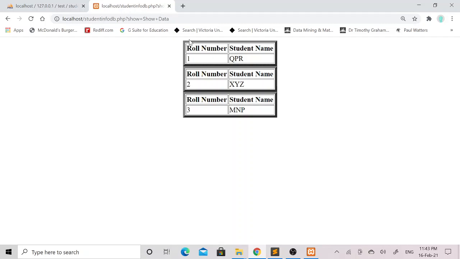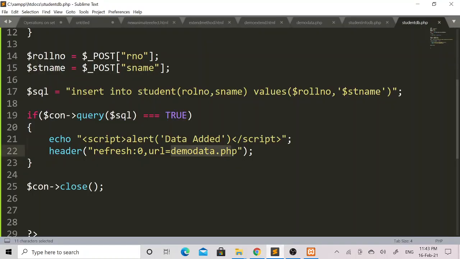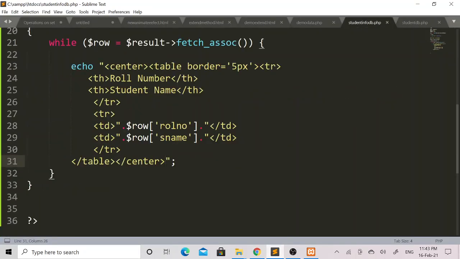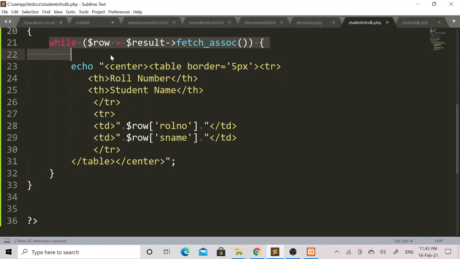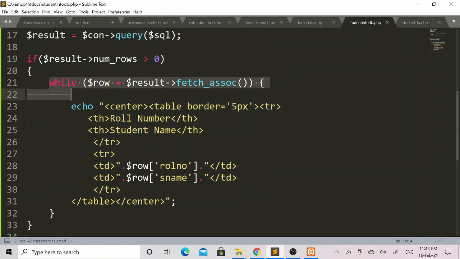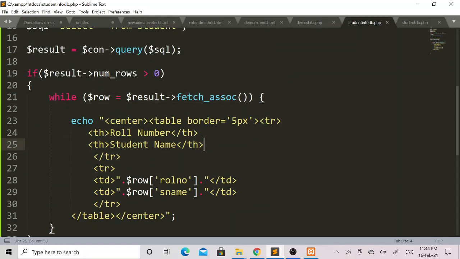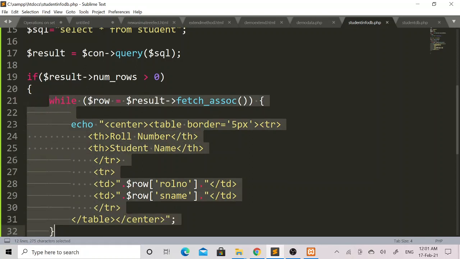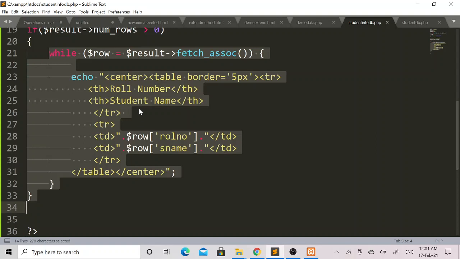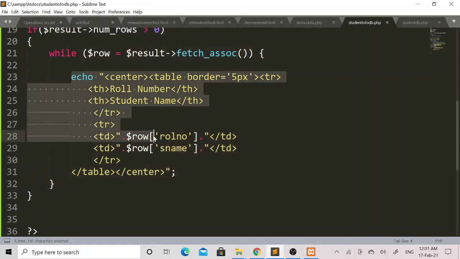But you can see that every time this table has been created, because I have set this table within the while loop. Due to this, whenever this while loop executes, a new table is created.